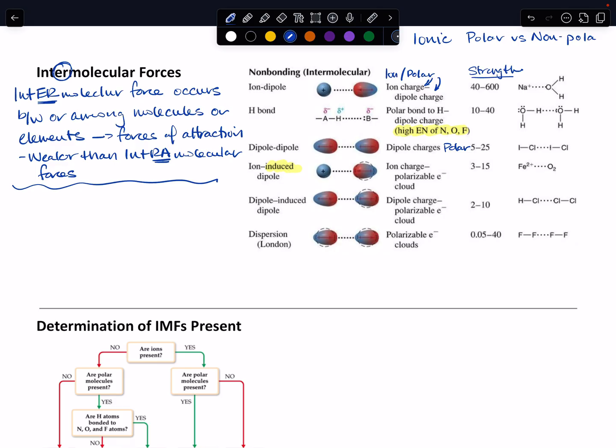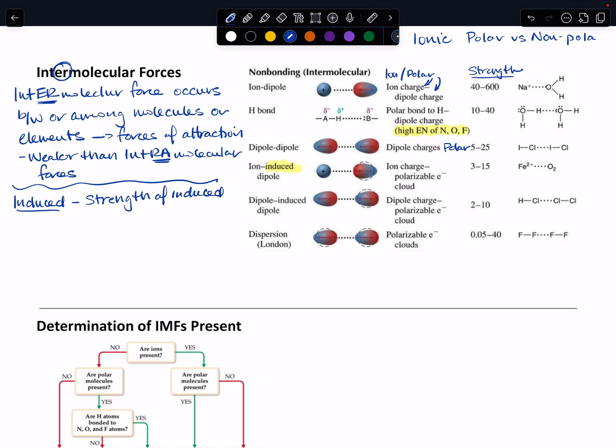So I want to pause for just a moment to talk about that word induced. Induced in general just means caused. So it's causing something. Induced interactions in intermolecular forces basically means a molecule that is not normally polar is induced to become polar because of what it is interacting with. And the strength of these induced forces